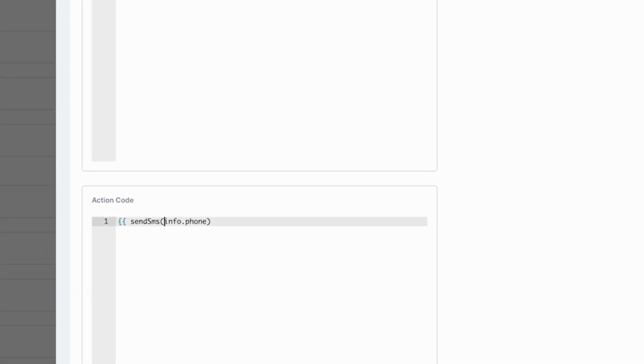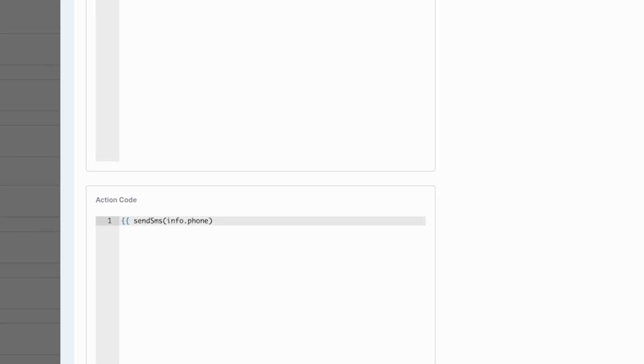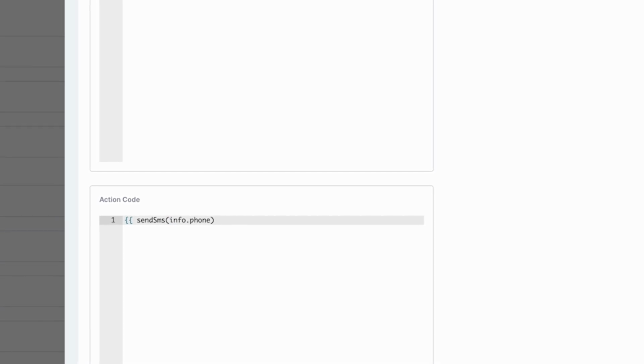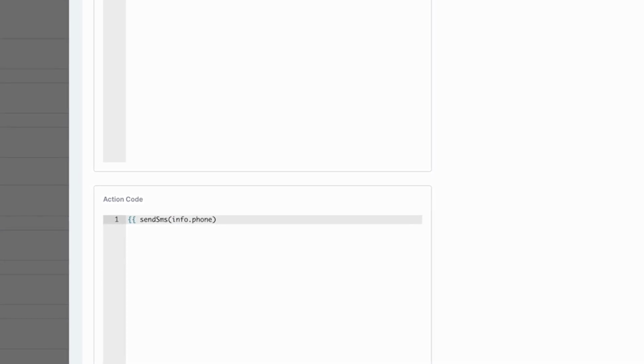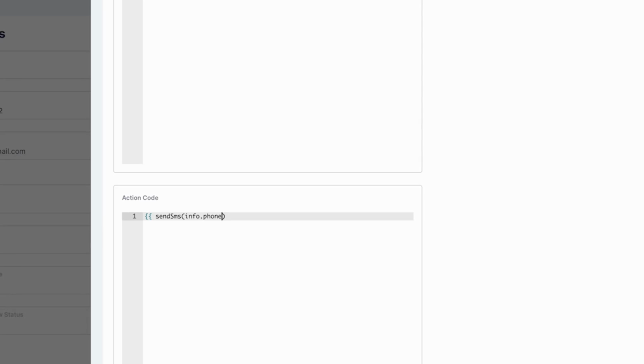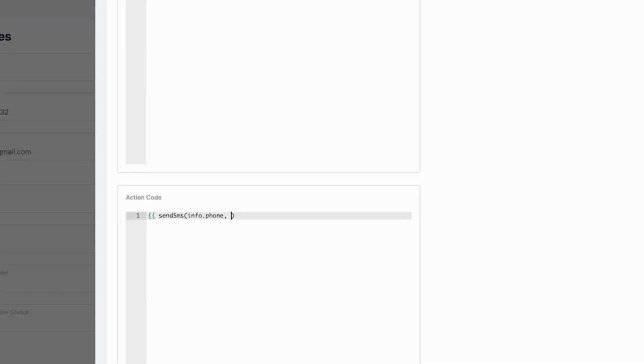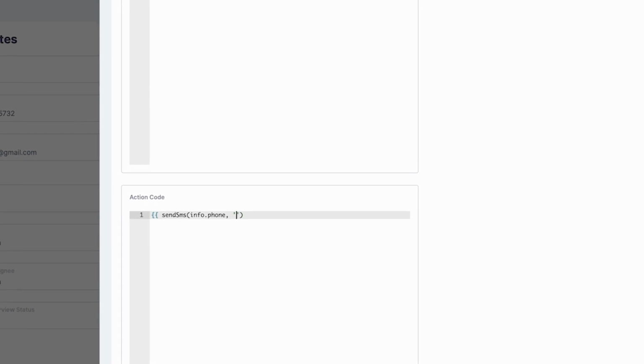This means take the information from the existing page and use the phone number to send the SMS. It's the recipient field. So it will gather the phone from the form and send the message to that user containing